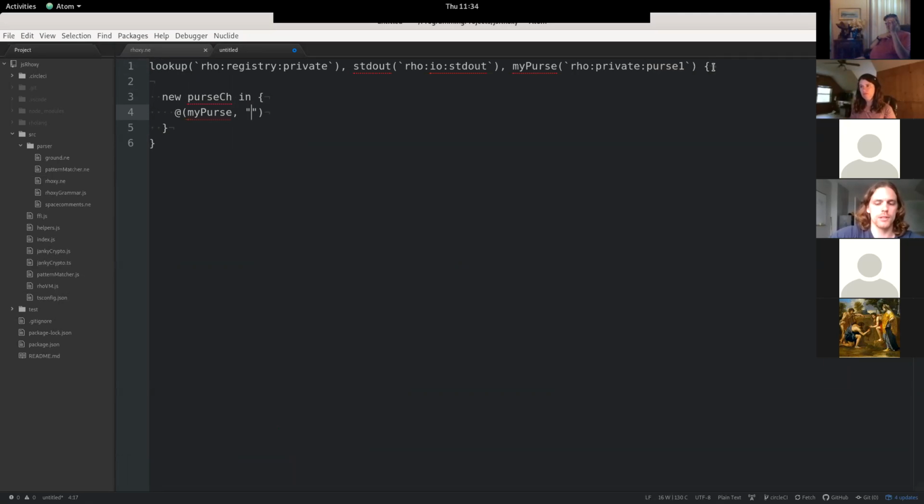My purse, sprout. So I think this is how I call up my purse and say I want to make a new empty purse of the same currency, and then I give it this channel. So I call up my purse, tell it to sprout a new one, and I get it back on the purse channel. So then when I get the new purse from the purse channel, here is where I finally, why I looked this thing up, because now I can do